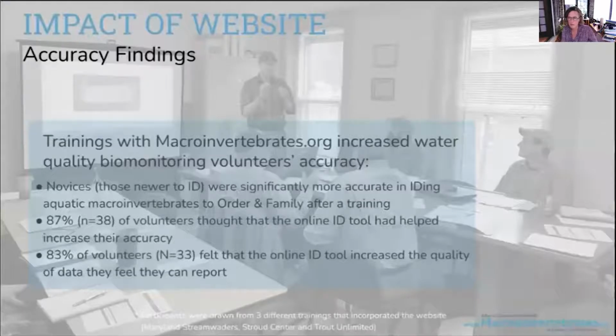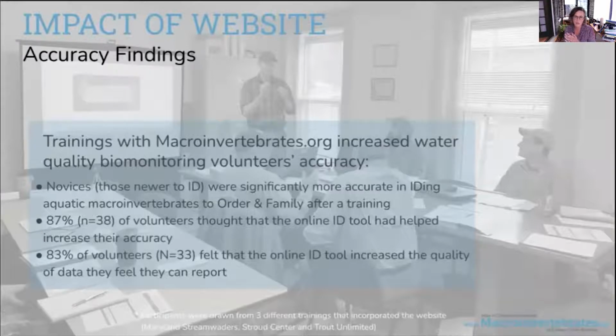Some top level findings that I just want to highlight, because I think this is important to the goals of both citizen science and water quality biomonitoring, is that we really want to have assurance when we turn in data that the data is as accurate and high quality as possible. To do that, we need these tools and support so that trainers like Tara and probably many of you are using to help folks along.